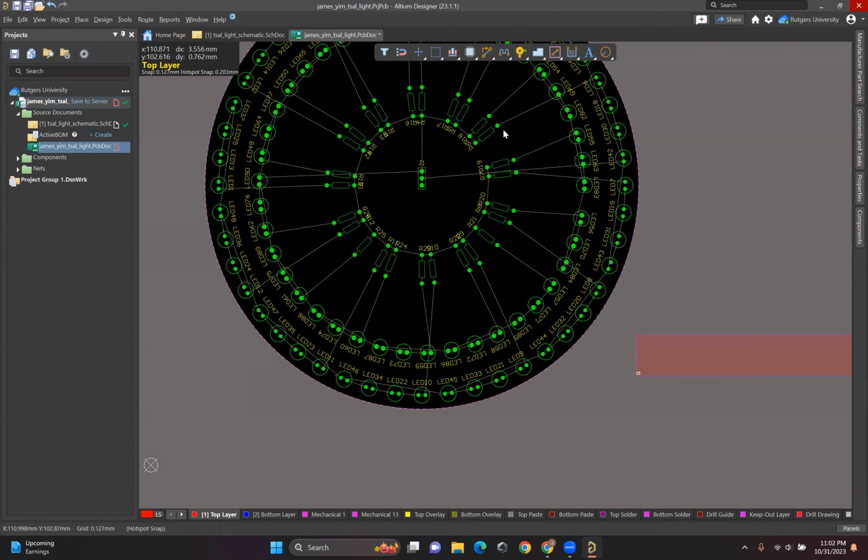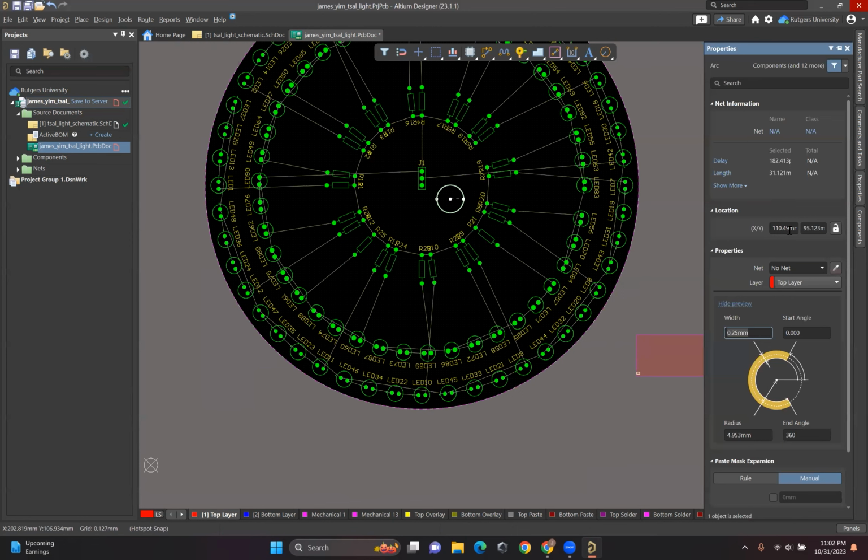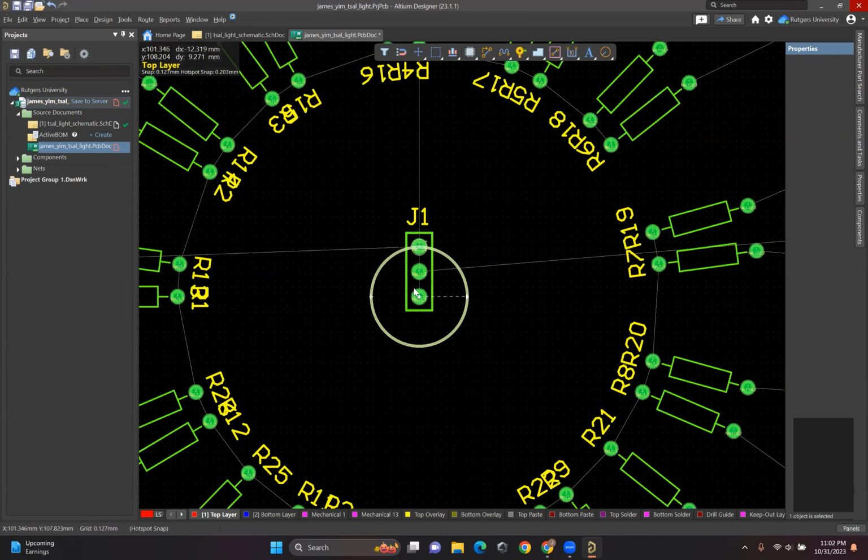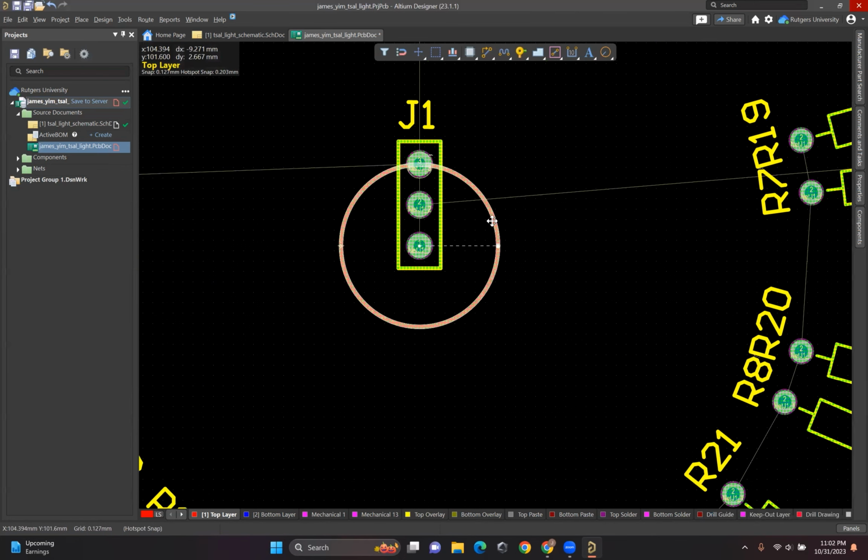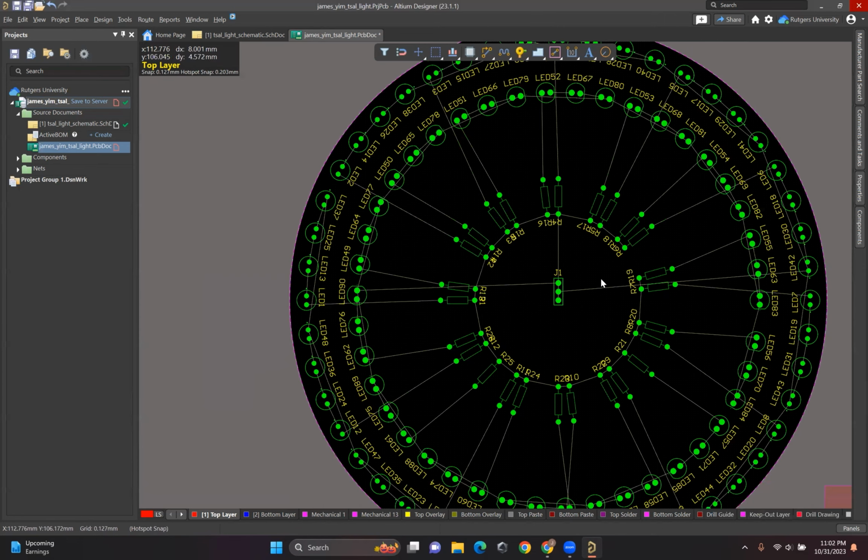Oh, well, let's see. I don't think it is exactly in the center, and I think that has to do with the way the footprint's laid out. Yeah, see, the footprint's actually centered around this bottom pin. But I think for our purposes, it's fine if it's a little offset. I was thinking, in a different version,